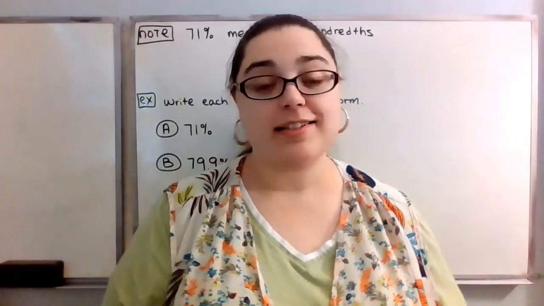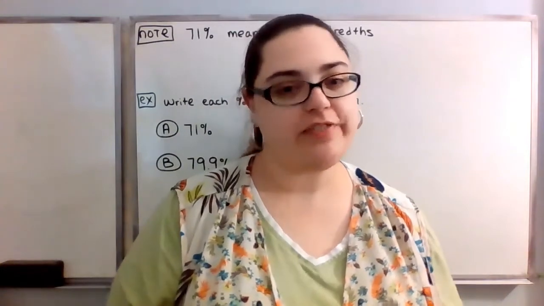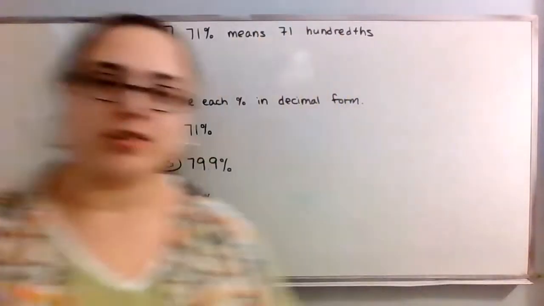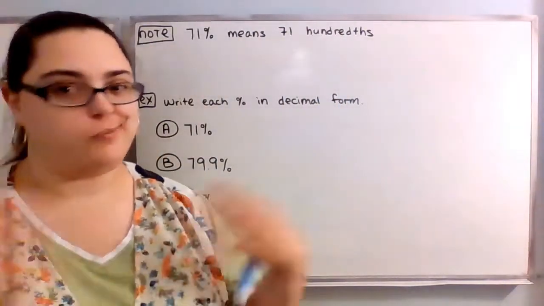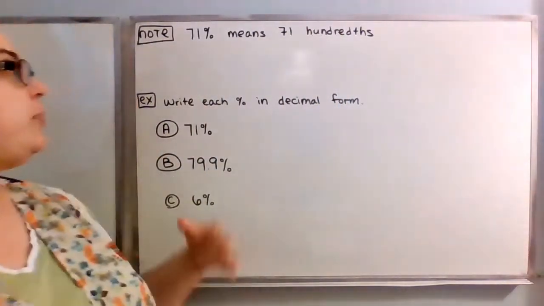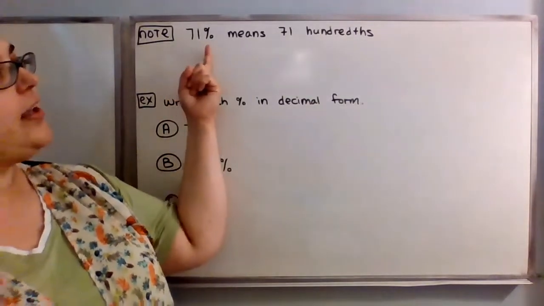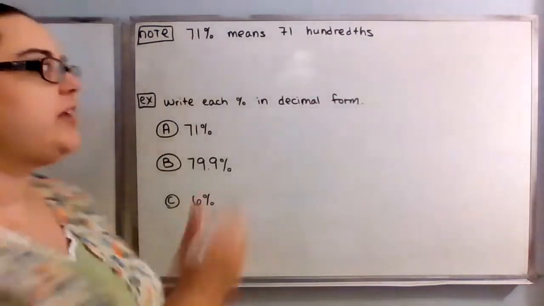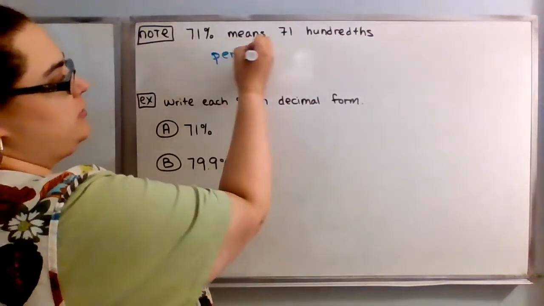I'm Professor Ed, and today we're going to talk about how you can use place value to go from percentage form into decimal form. So let's start out by just talking about what percent means. For example, if you have something like 71%, that means 71 hundredths. Where this comes from is the word percent